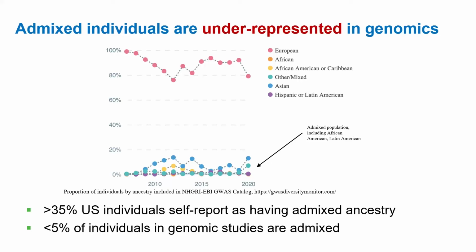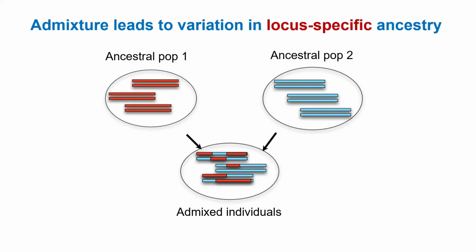And just as a fun trivia, roughly 1 in 3 people within the US self-report as having mixed ancestries, whereas in genomic studies, it's roughly 1 in 20. So you see this massive underrepresentation. And according to the US Census, that number is going to go to around 50% by 2050. So for all of you that are more on the junior side, within your career, if you work in admixed populations, roughly 1 in 2 individuals will be impacted by your research.